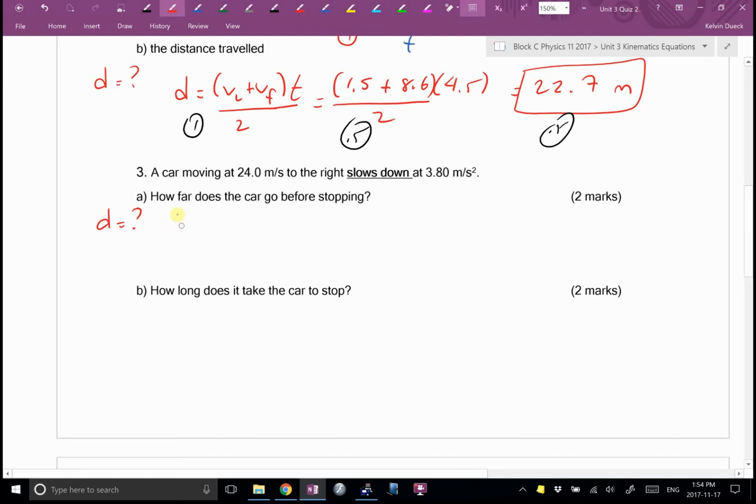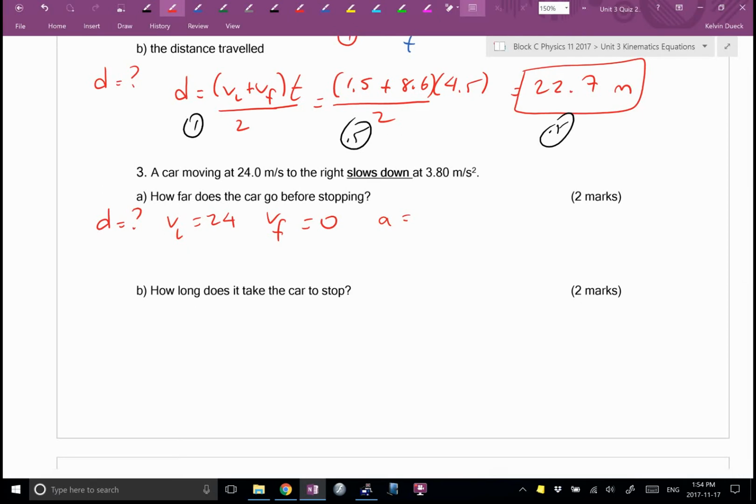The initial is 24, and I guess VF is 0, stopping. What's A? And I'm going to give you a hint. It's not 3.8. Why negative? Slowing down. Now,